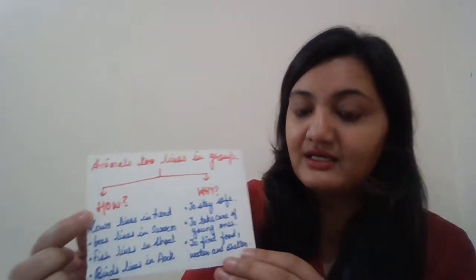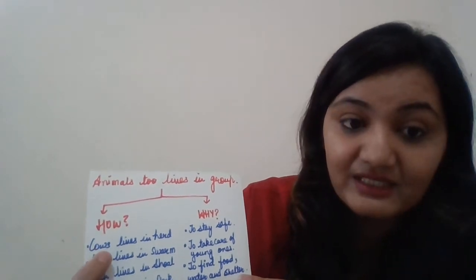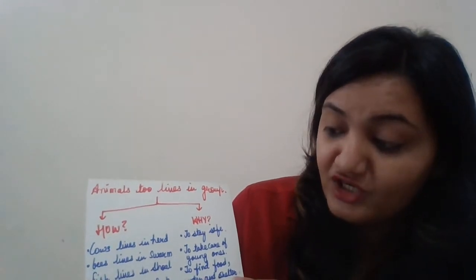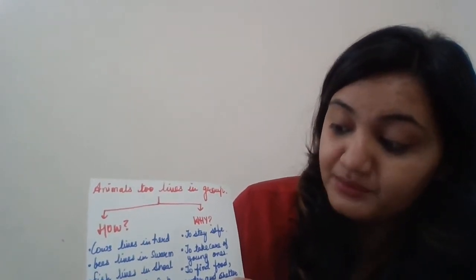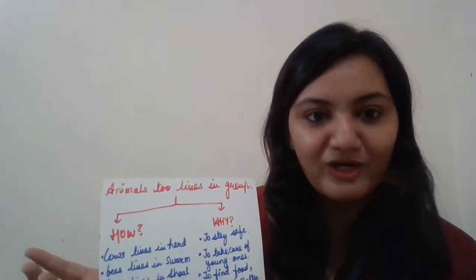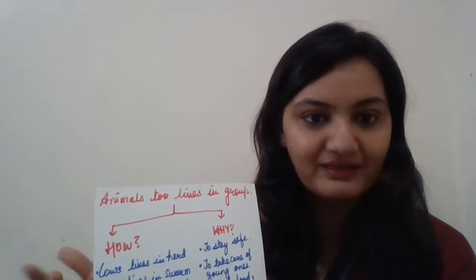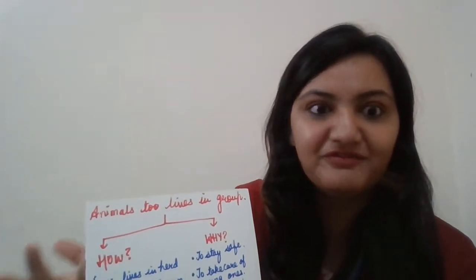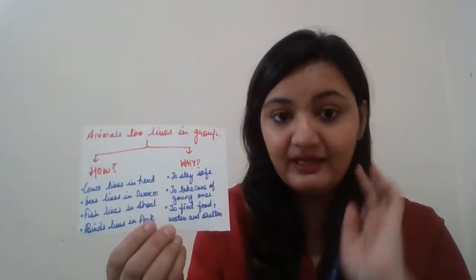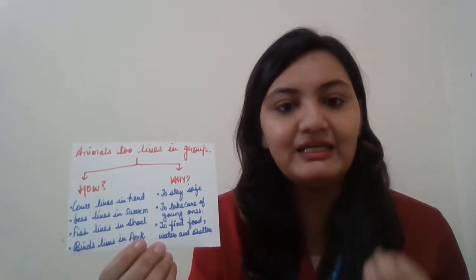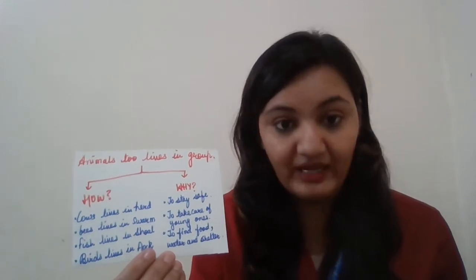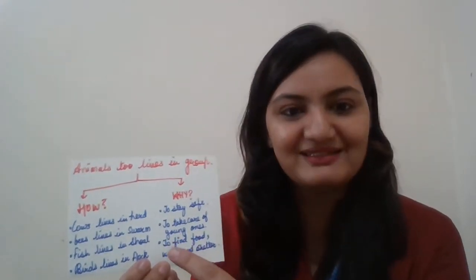Number one, there are certain animals like cows that live in a herd. Bees live in a swarm, fish live in a shoal, and birds live in a flock. You have seen the cute little birds chirping in the morning and flying, making different patterns, sometimes P, sometimes V, different patterns in the sky, right? So you must be thinking why they are always in a group. They are majorly seen in groups because they get different benefits from it. What kind of benefits? Now let's discuss the same.